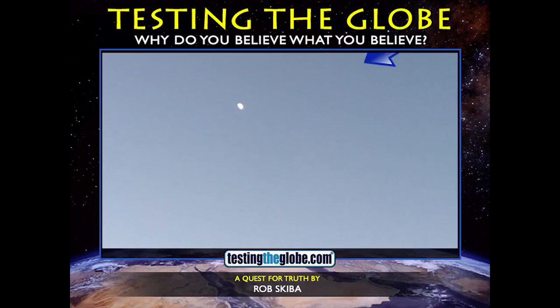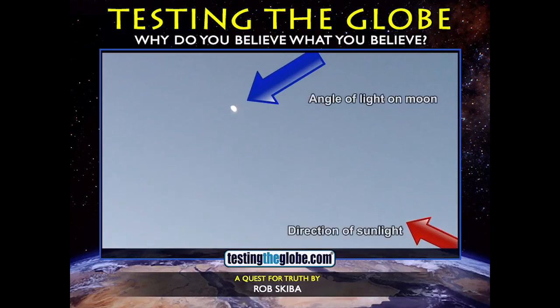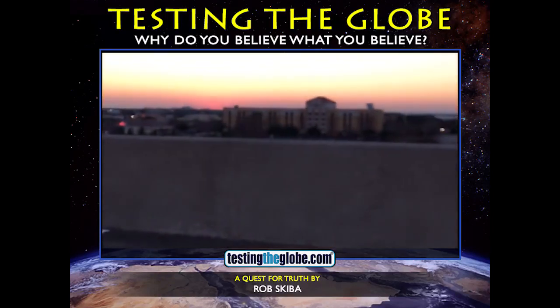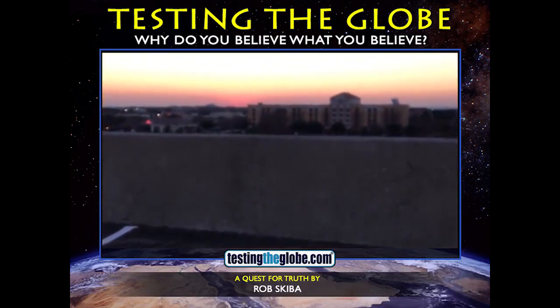The angles are all wrong, and there are plenty of websites you can go to, and they'll try to give some kind of refraction explanation for why that is. But okay, take it or leave it. It didn't work for me. When I looked at that, it didn't make any sense to me that the light is coming from totally different directions, that the terminator line is not where it should be if the sun is the source of the light.